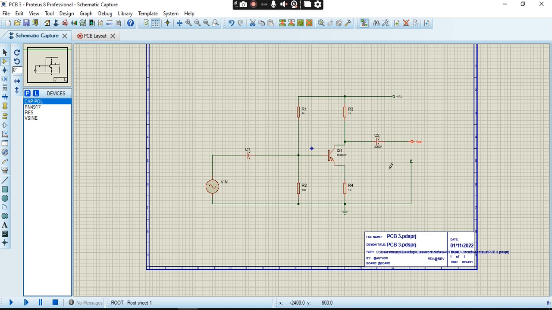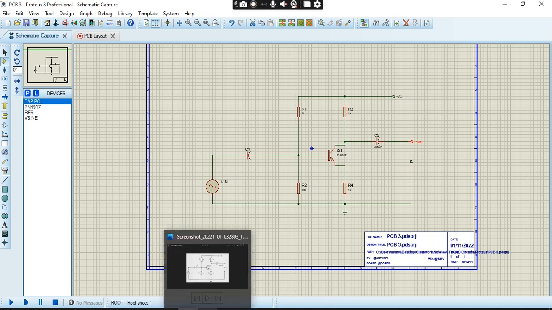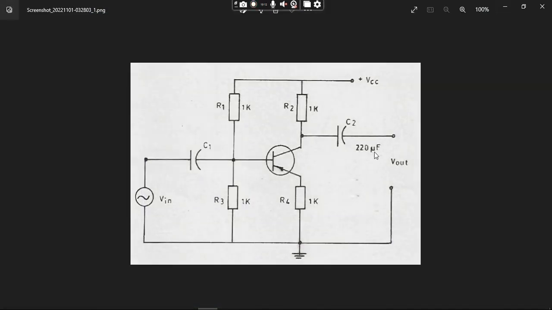Very fast. So this is a circuit that I think is required. Now if we go back to our circuit here, you can see that we've covered pretty much everything that was